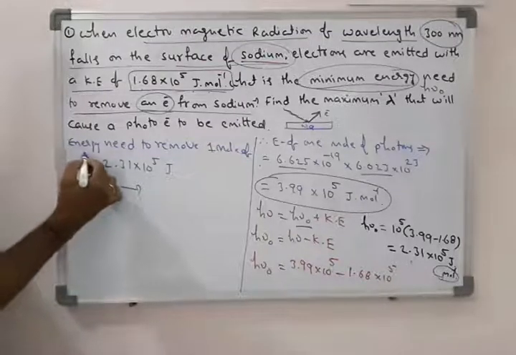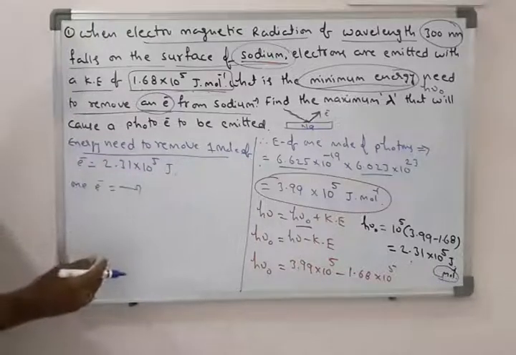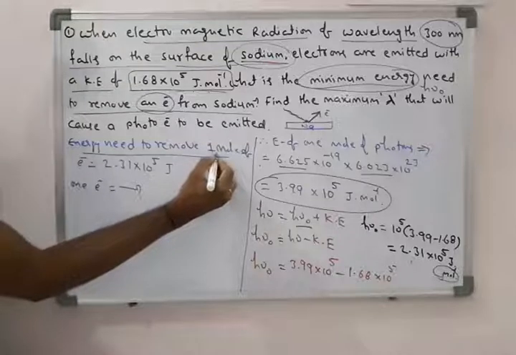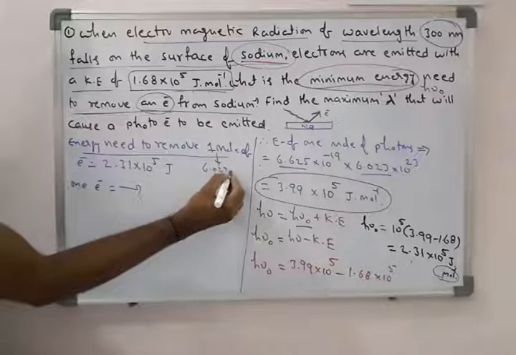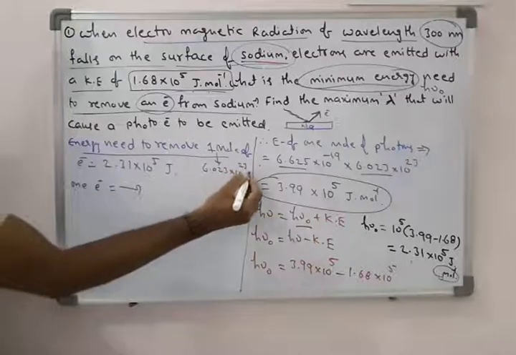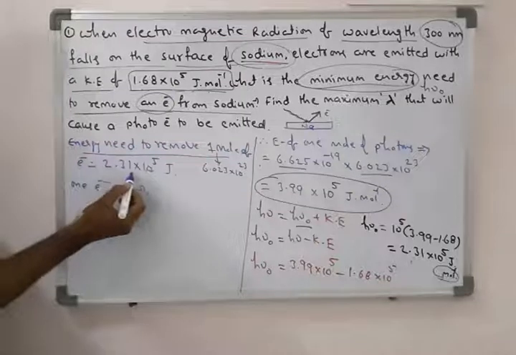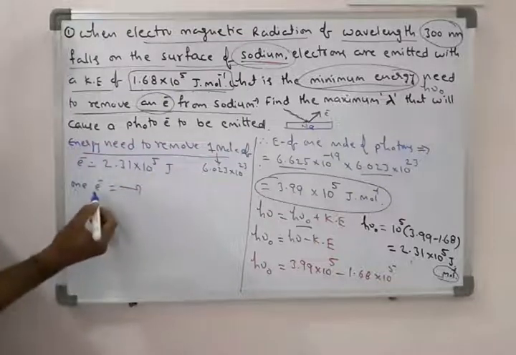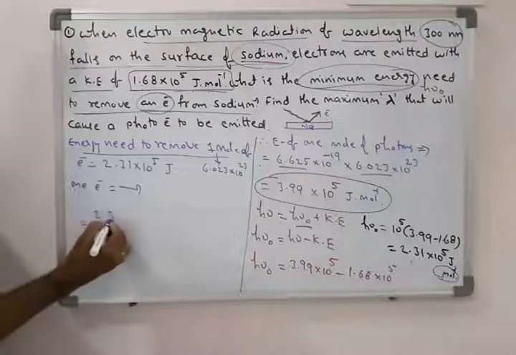Okay, this is 1 mole of electrons. 1 mole of electrons means 6.023 into 10 power 23, this is Avogadro number. 6.023 into 10 power 23 electrons require 2.31 into 10 to the power of 5 joules. Then what about 1 electron? So that is equal to